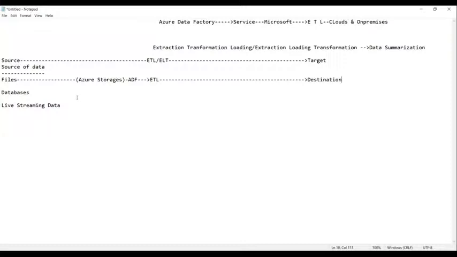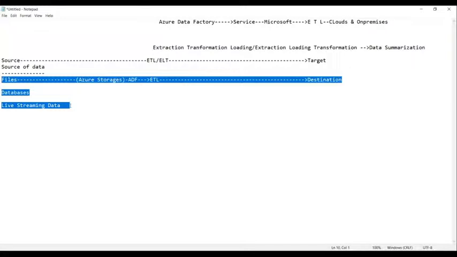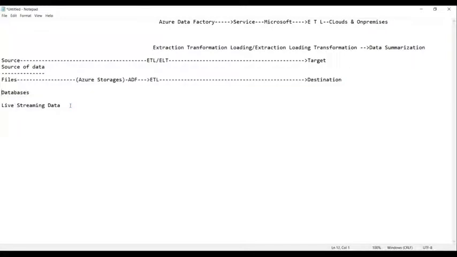Whereas, guys, when it comes to this data, how many types of data can we have? Can you tell me? Generally we have 3 types of data.